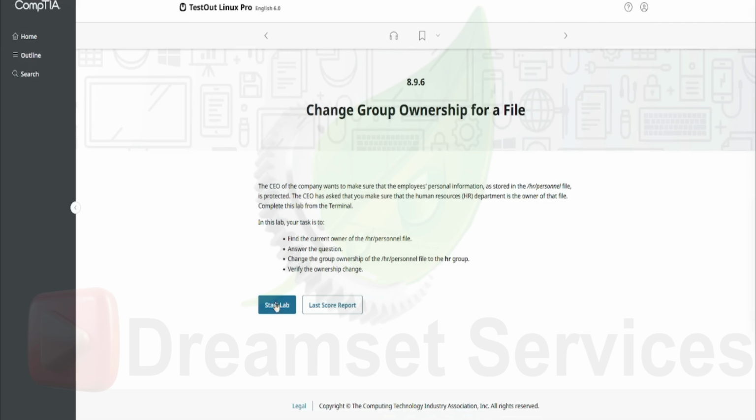This is Lab 8.9.6, and we are in TestOut Linux Pro, and we are going to change group ownership for a file. So the CEO of the company wants to make sure that the employees' personal information stored in the /HR/personal file is protected. The CEO has asked that you make sure that the human resources department is the owner